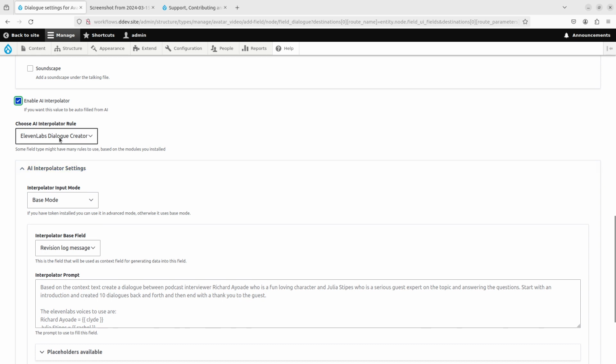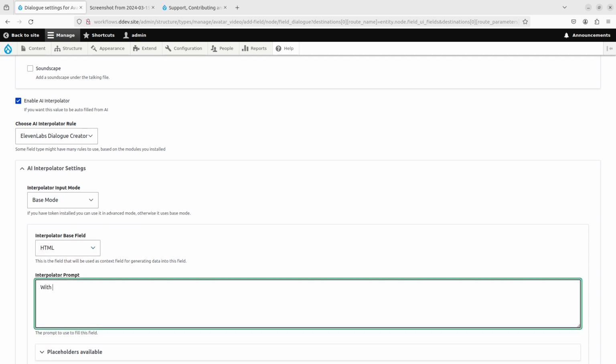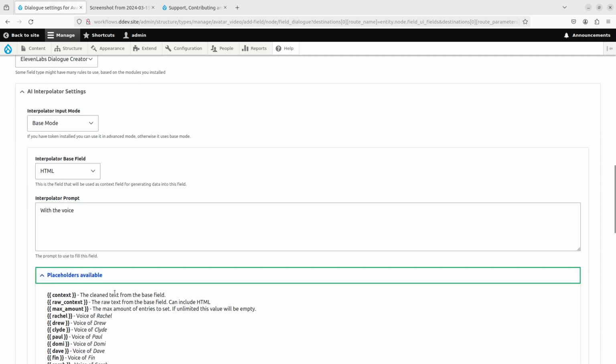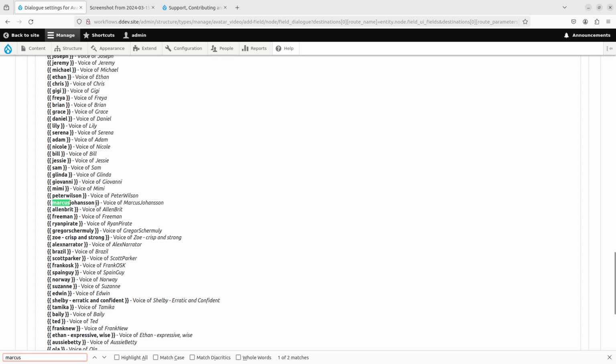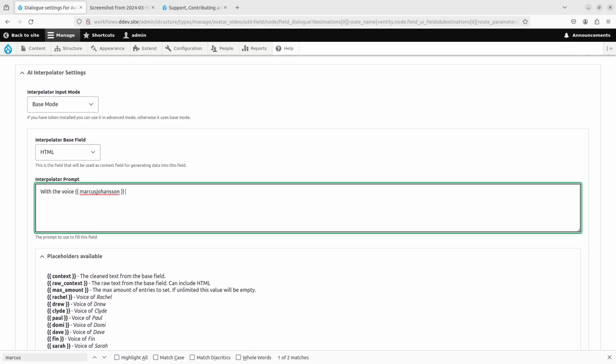We're going to do the dialogue creator, so that creates dialogue in Elevenlabs. We're going to base it on the HTML, and then I'm going to write a prompt here with the voice, and here we need to use placeholders. Just search Marcus. So I'm going to use my voice that I've already trained Elevenlabs on. With the voice, Marcus Johansson, create a